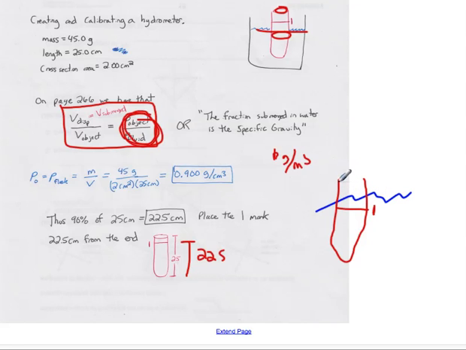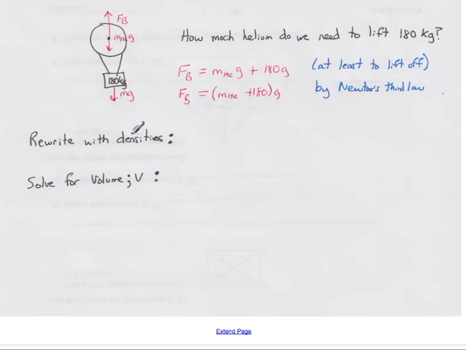If the one mark was up here, then this particular fluid would have a higher specific gravity and hence a higher density. So anyway, I thought that was a neat problem to look at. We'll do something like that in class as an experiment. Okay, one final example for this video